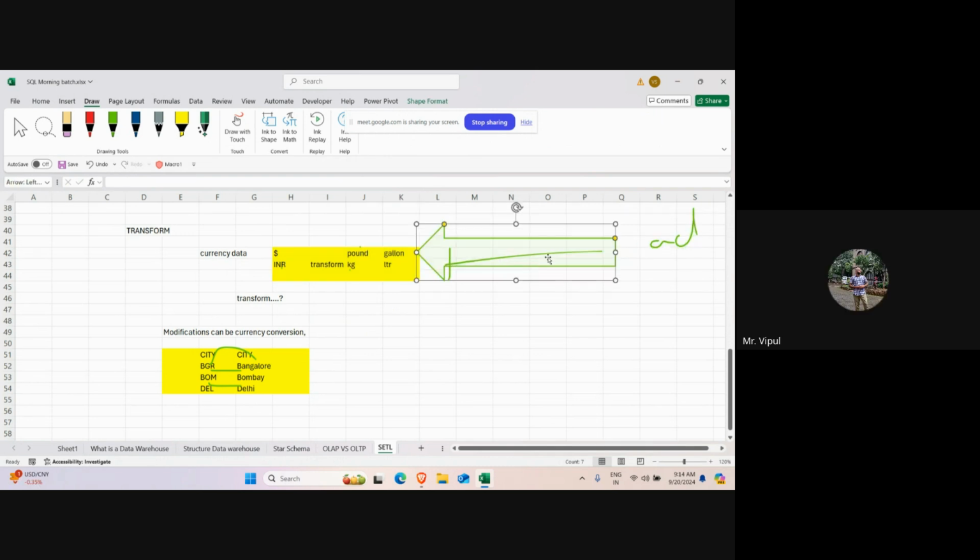So now I'm happy with the transformation that I've done to the data. I have extracted all the data I want. I have made all the necessary transformations that I want. Once I'm ready to load the data, that is when I push my data to my data warehouse. So this in a nutshell is the extract, transform, and load process, which almost always precedes the